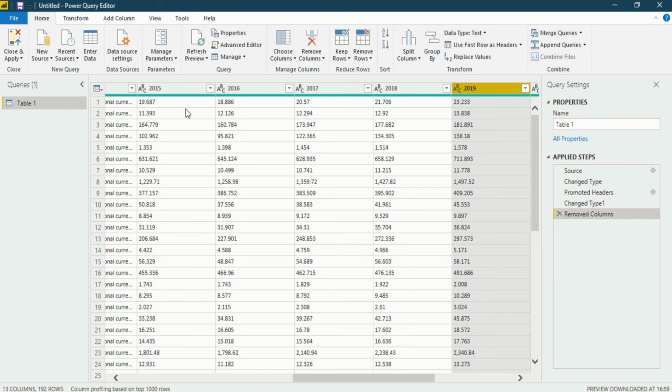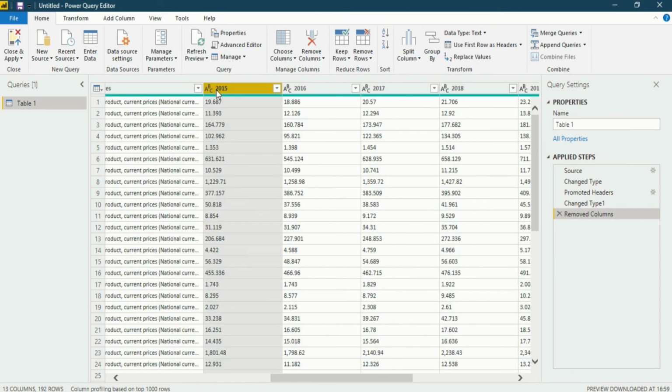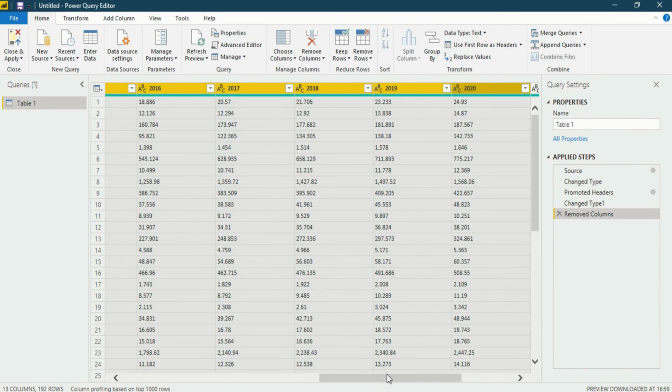So how could that be done? For selecting, you could do it by two methods: either press Shift and then click on 2018, and the whole range from 2015 to 2018 will be selected, or press the Shift button and then press the right arrow key until the data you want to select is covered. Like we have to cover till 2022, so the data has been selected till 2022.